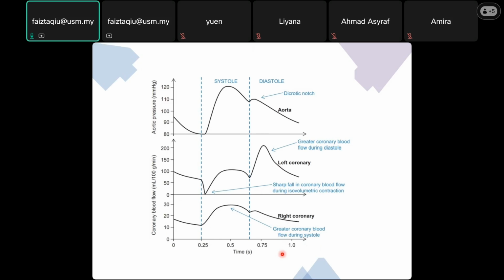But conditionally, as Prof said, on the right side. What are the conditions? Since you say it's conditional, in disease. What sort of disease? Simple. It's when you have a patient with pulmonary hypertension. When you have a patient with suprasystemic pulmonary hypertension, you expect the right ventricular pressure to be increased as well, because flow always follows the pressure, from the high pressure to the low pressure.